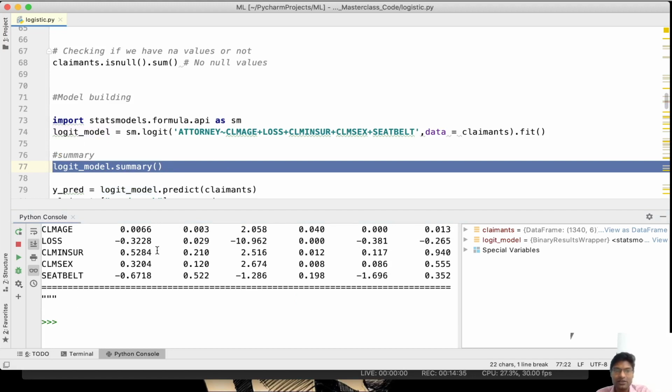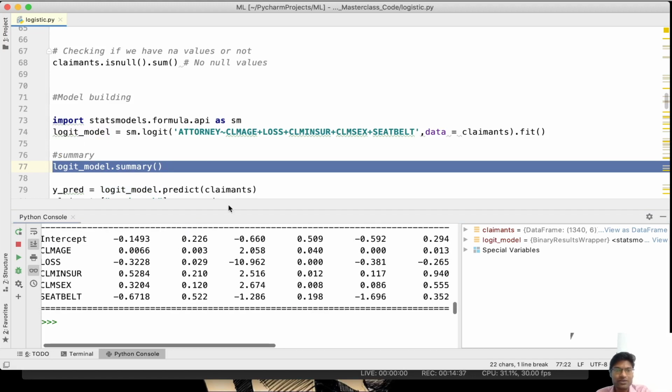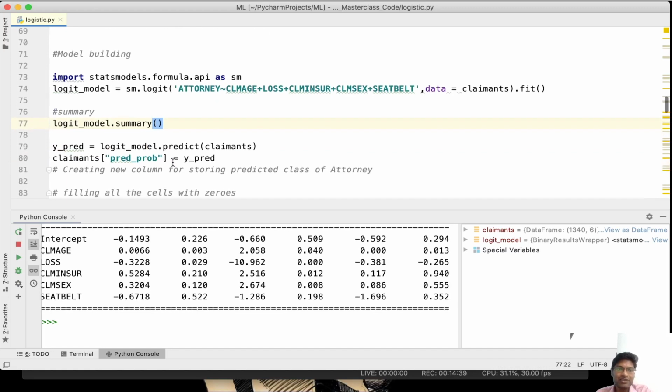Now the model is built from analyzing these p values. It initially appears to us that the model has very good performance, only when we predict and check the accuracy of the model. So we will see in a minute what accuracy is. Then we will understand how good our prediction, how good our classification model is.